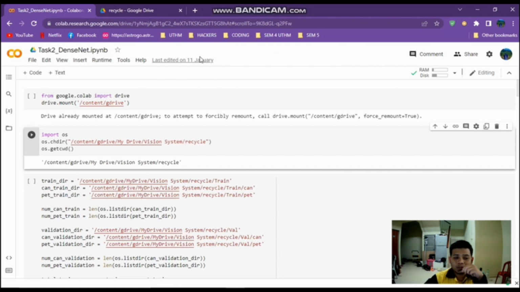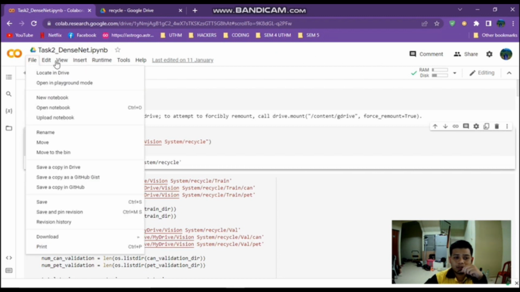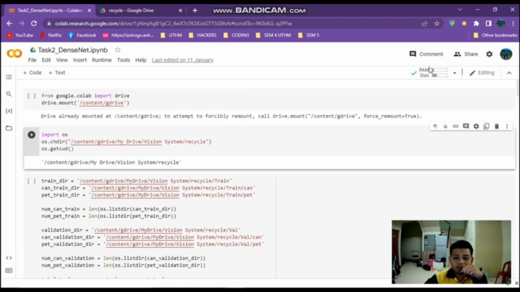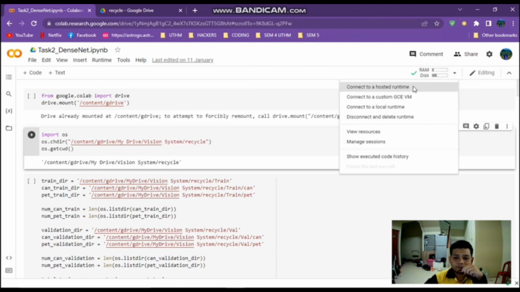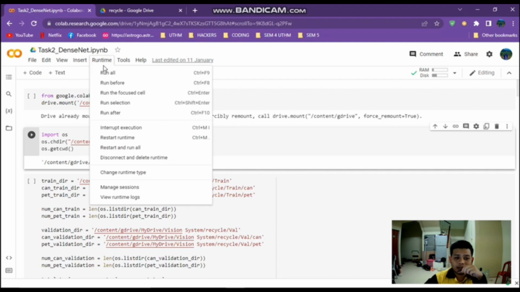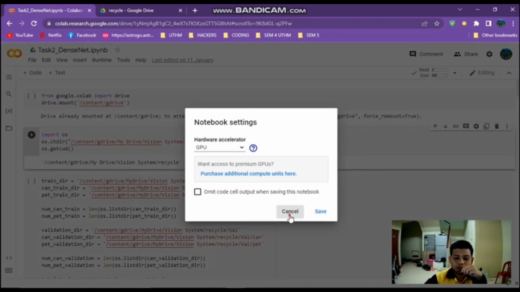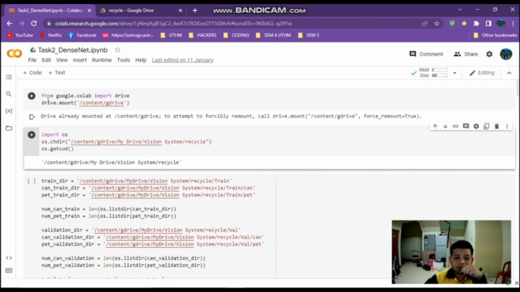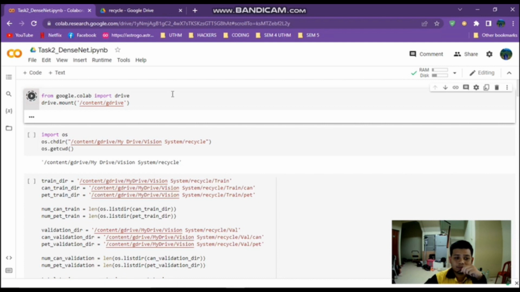Okay, for task 2, our group did DenseNet. So first we open the Google Colab and create a new file. Okay, first we must connect Google Colab to Google Drive, and then we go to the runtime and change the runtime type, go to the CPU. Okay, first from this we import our Google Drive,